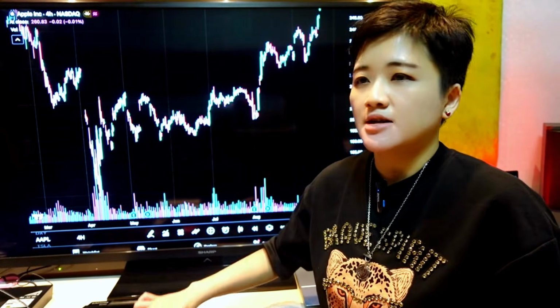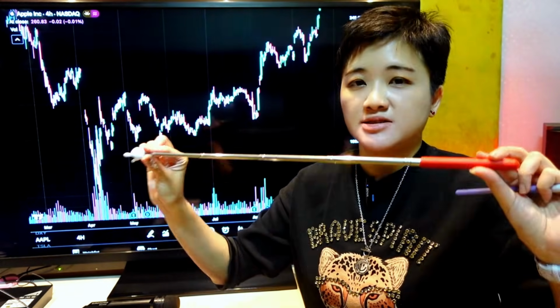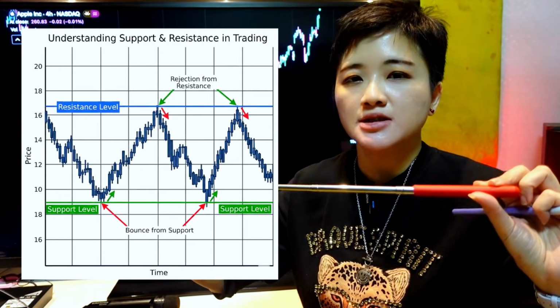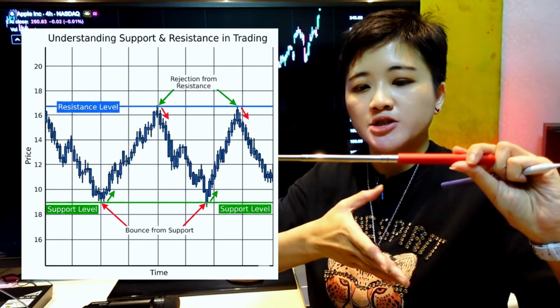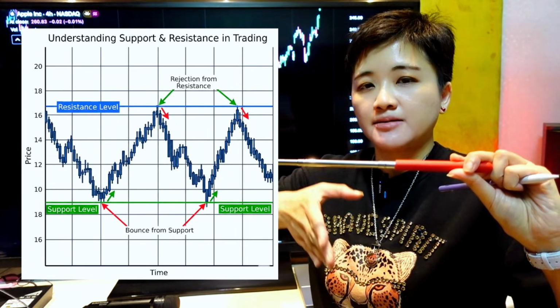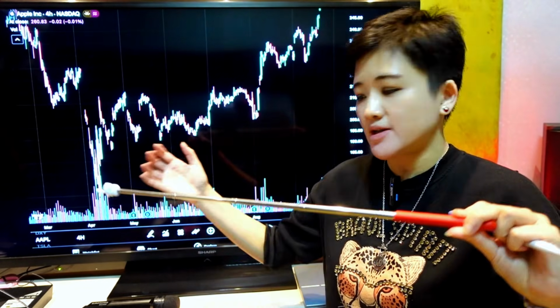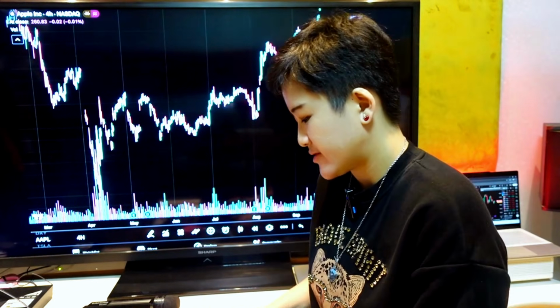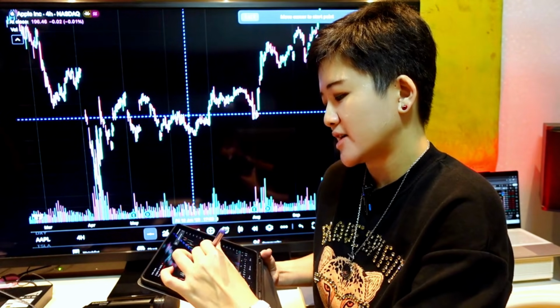So in the stock market, a lot of times, okay, there's a ceiling and a floor. Ceiling is what we call resistance, floor, support, alright? So a lot of times, price would bounce off the ceiling, bounce off, bounce off, bounce off. Can you see on the chart behind me? Can you see it? Okay, so if I draw it for you, you can see, if I put in a horizontal line,